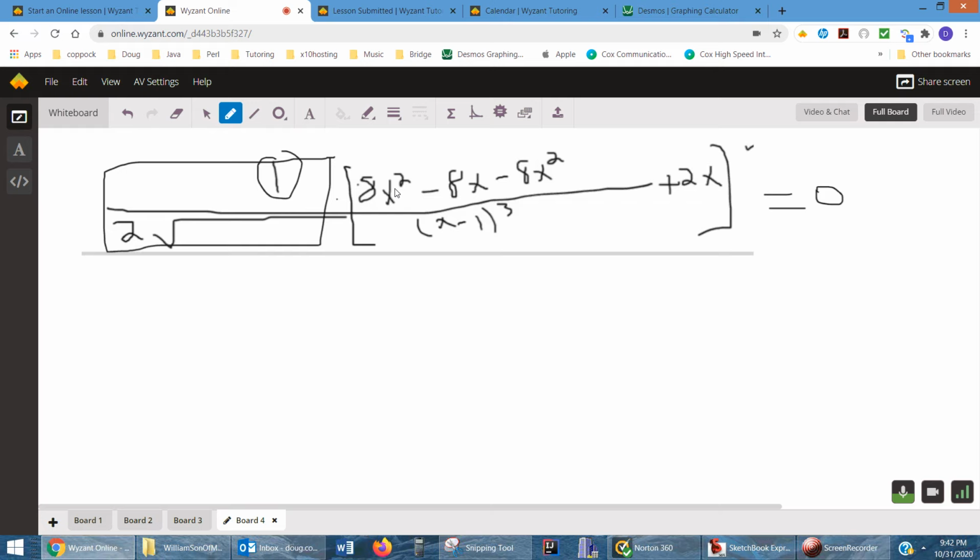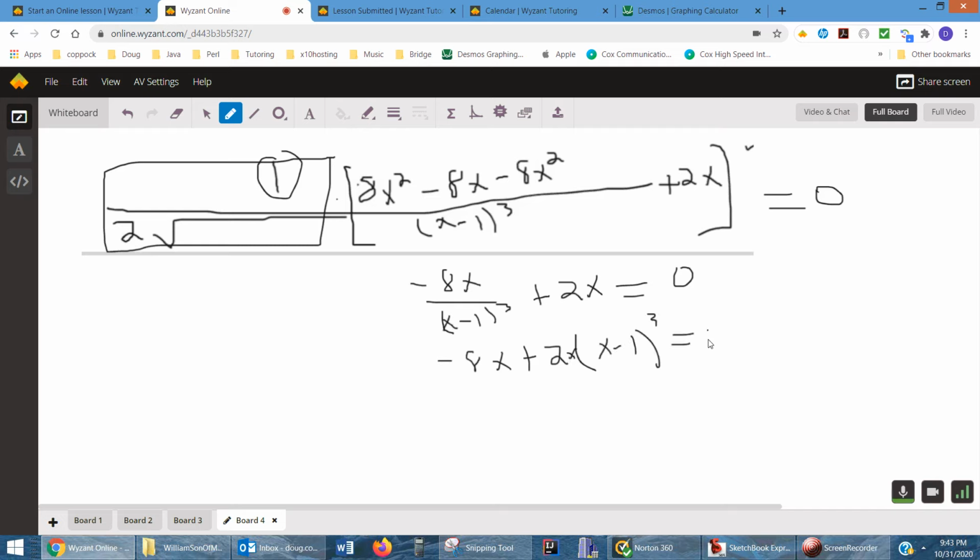This part will equal 0, and that's what I want to work on. 8x squared minus 8x squared is minus 8x over x minus 1, the quantity cubed, plus 2x. When does that equal 0? Well, I'll multiply everything by x minus 1, the quantity cubed. I get minus 8x plus 2x times x minus 1, the quantity cubed,